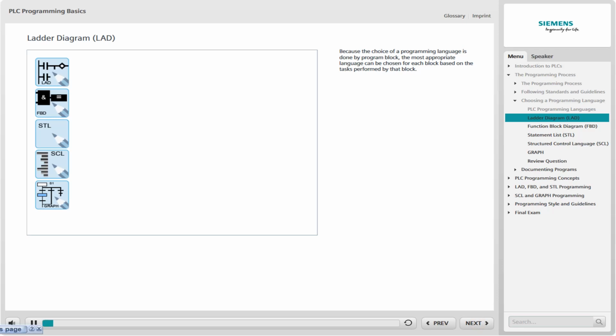Because the choice of a programming language is done by program block, the most appropriate language can be chosen for each block based on the task performed by that block. This flexibility is extremely useful, but to take advantage of this flexibility, you need to understand features and capabilities of